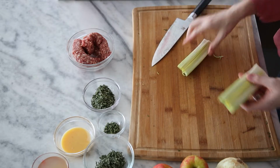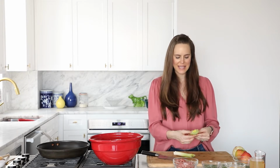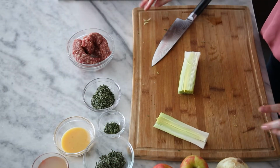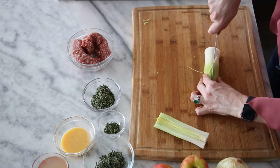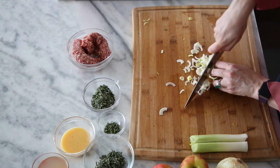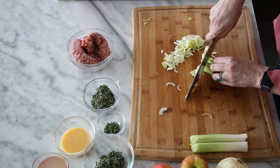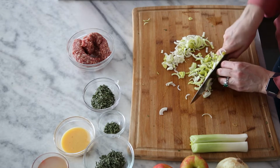And the thing about leeks is that they grow in the ground, as one would imagine, and they get dirt all up in them. So we are gonna run this under cold water and then we're gonna come right back. So our leeks are clean. And now you have decisions. You can slice this in rounds like this, but I think I'm gonna do this in quarters and just start chopping your leeks. Finely, right? You want them to cook nicely. You want them to be a little bit in every single bite. You want an equal distribution of leeks, and you don't want any large leaf piece